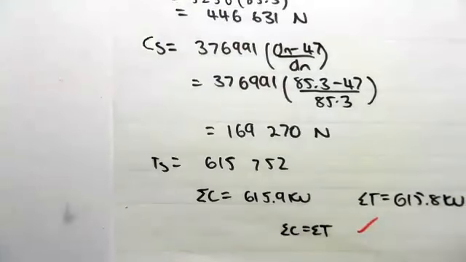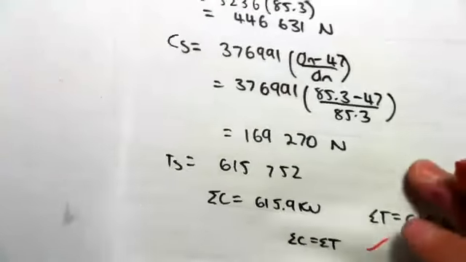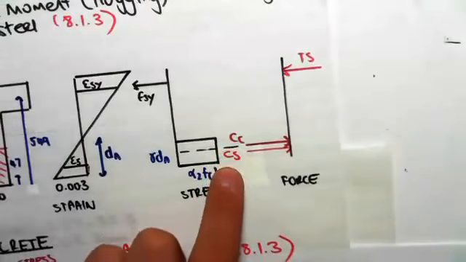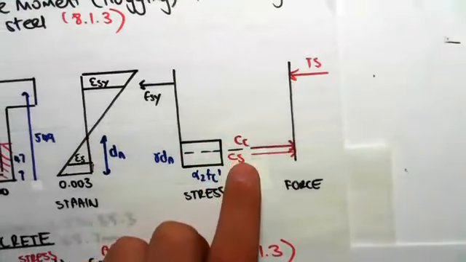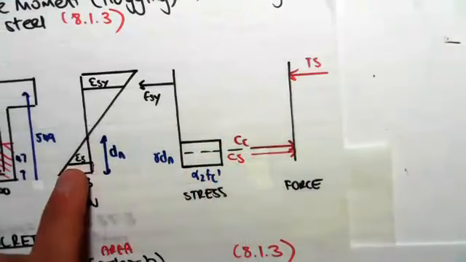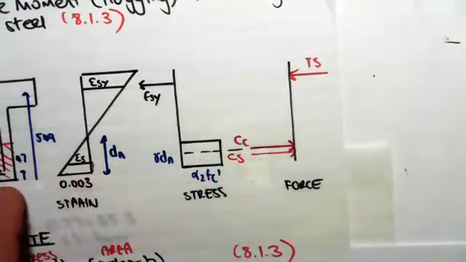The last thing we're going to do then is actually find the moment. Now, we need to find the forces and their lever arms. So we know the forces, we just found them. Okay, so we know CC, CS, and TS. We just need to know where they act. So we know that for the layers of steel, they're just going to act at their layers, so at 47